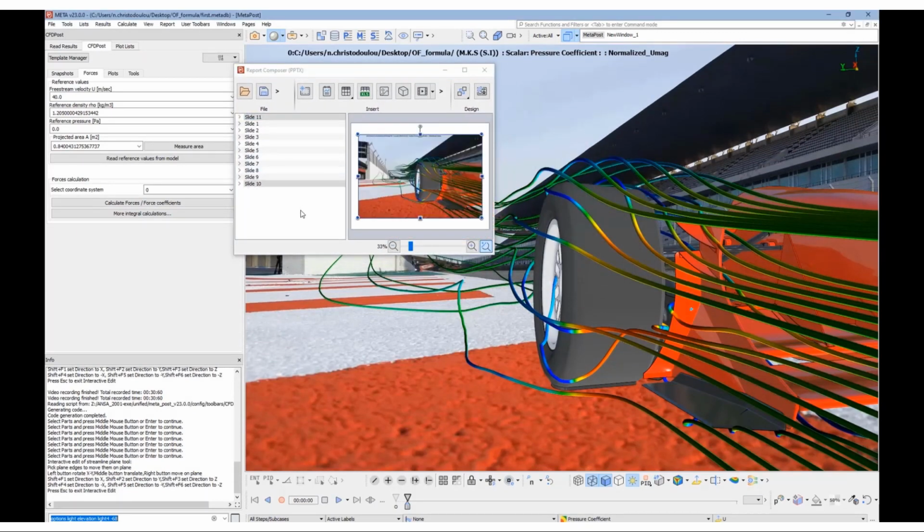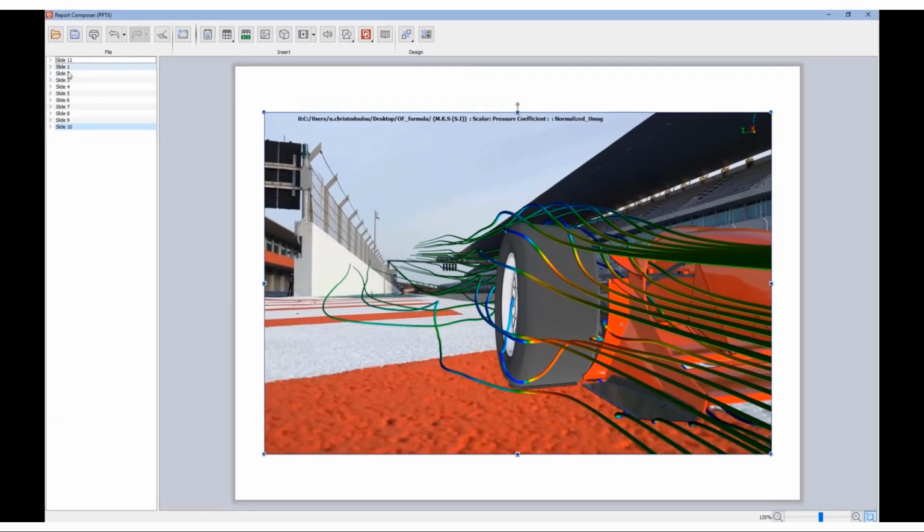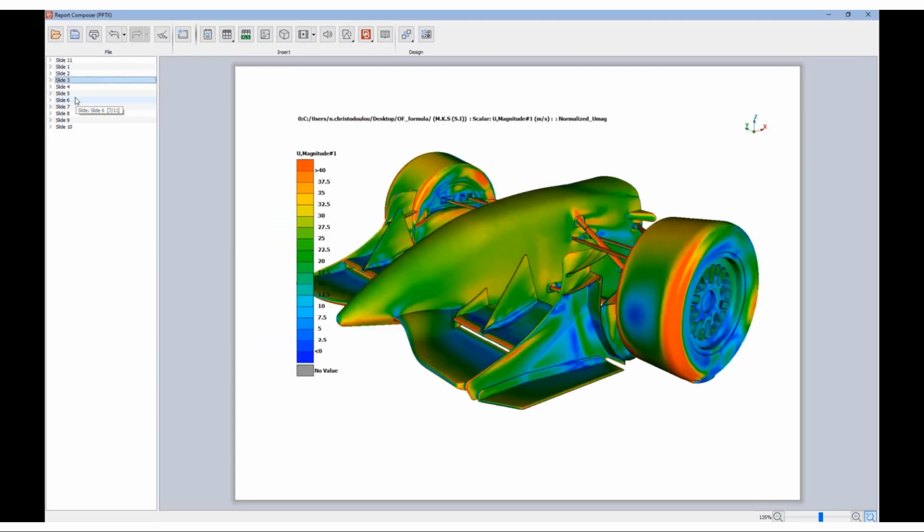The report could be now completed using views from the cut planes, ISO functions, and streamlines that we created previously.